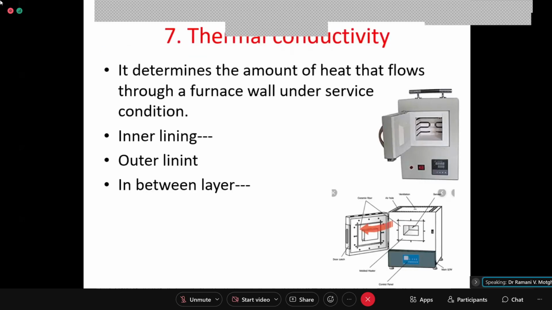Then the next one is thermal conductivity. Now that day I think I told you, like, if this is the furnace, this is the only part